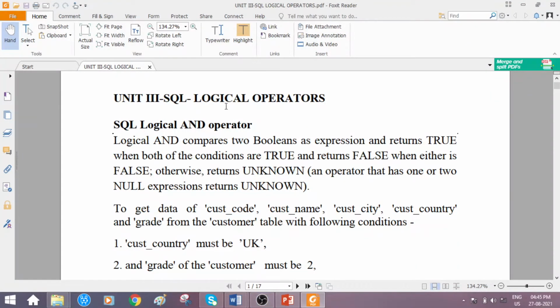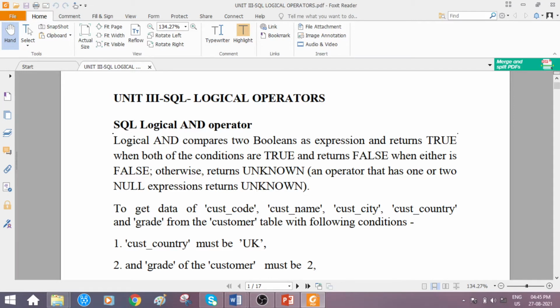Logical operators. You people are now aware of using logical operators like AND, OR, NOT. So in SQL queries also we can make use of these operators. That is, if you want to combine more than one operation, or if multiple conditions have to be checked, and then you want to view the data from the database or the table, then logical operators can also be used in the SQL queries. So in today's session, we shall understand more about it along with certain examples and example queries.